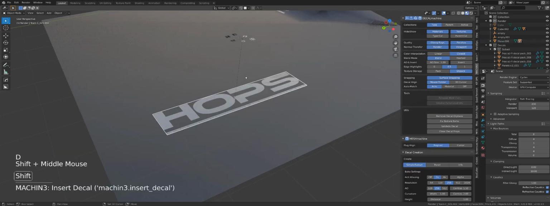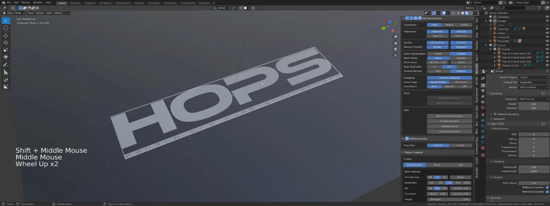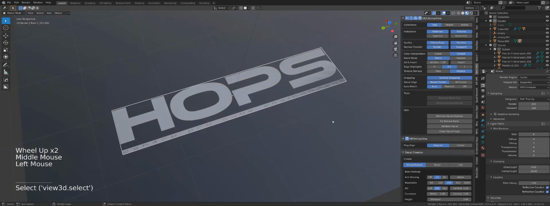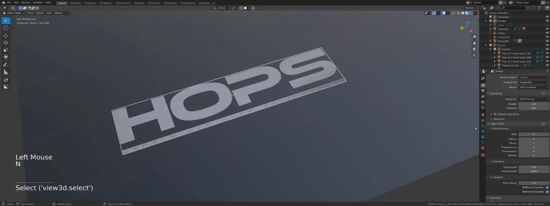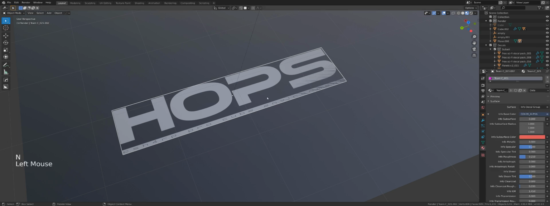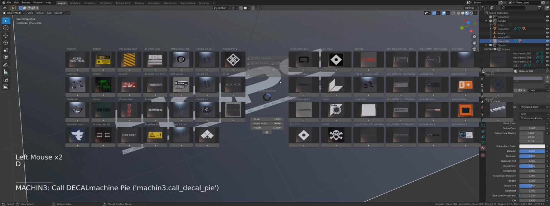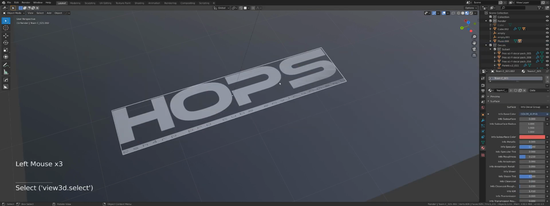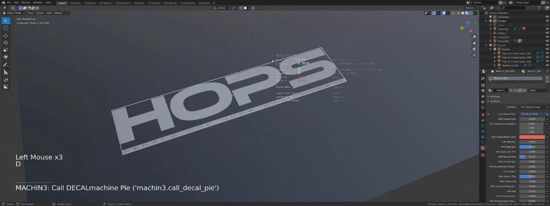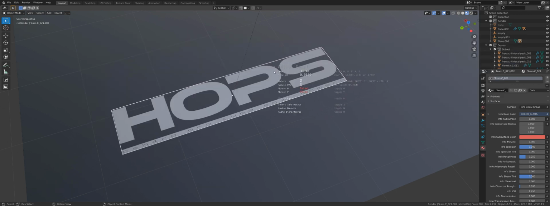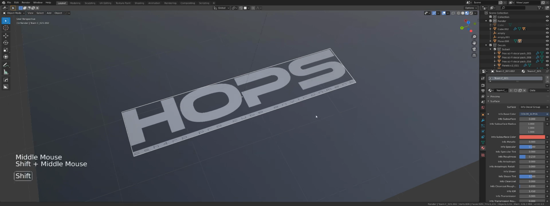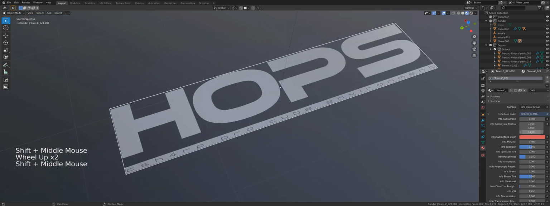Let's say you want to change color or, you know, properties of this decal. So in order to do this, you need to go to your material tabs. I think you can also do it through the decal panel, through the adjust panel, because you can see that you have mirror functions in here and etc. But it doesn't give you all the functionalities that material tab gives you. So what you want to do is